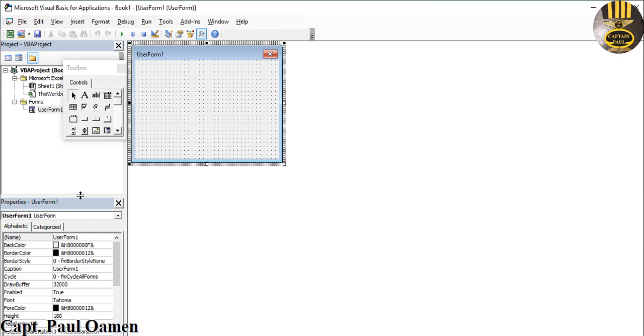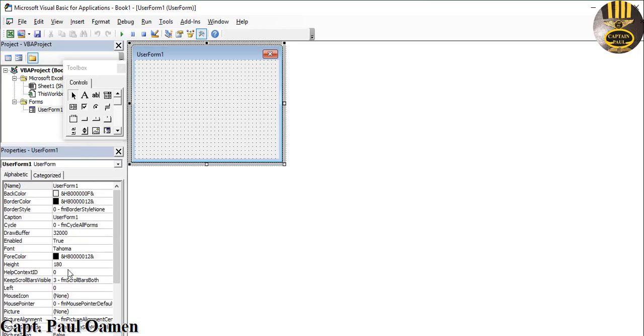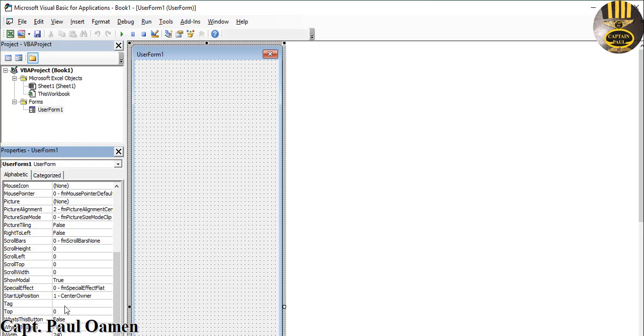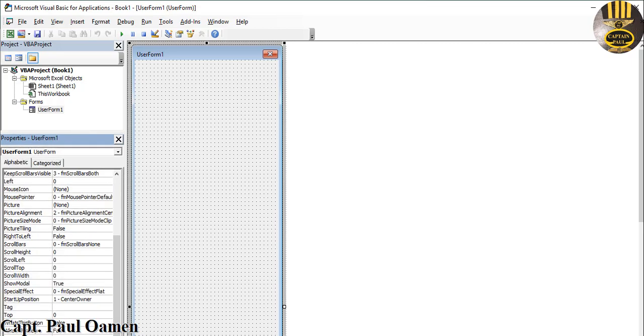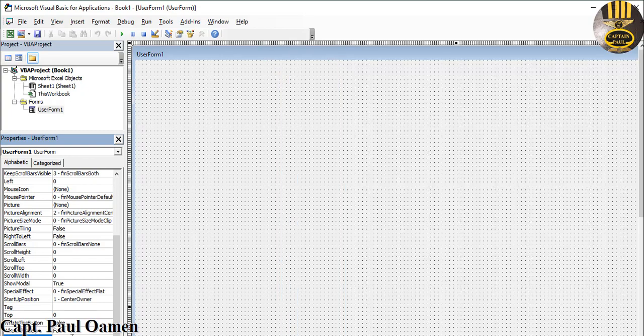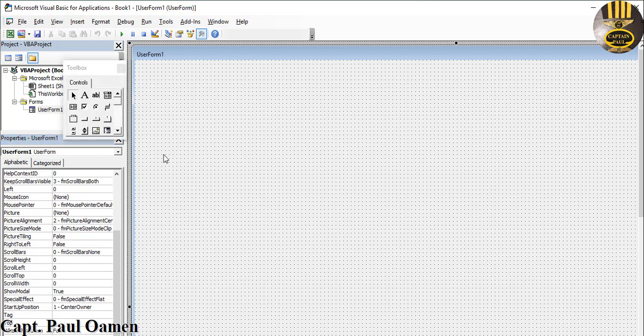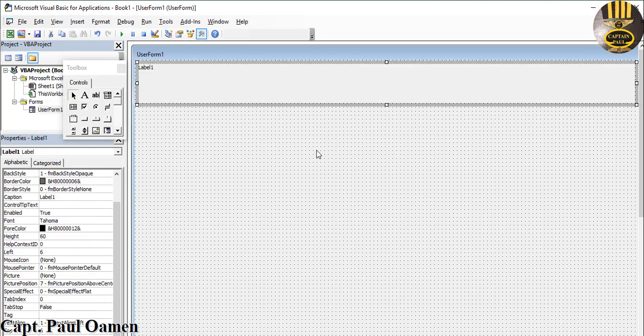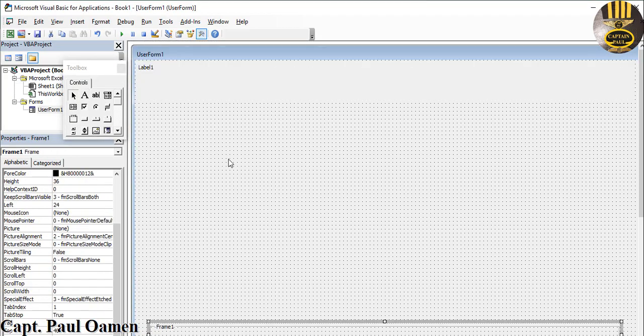Now let's define the size of this form. I'm going to make the height about, let's go for maybe 800, and the width, that is the width right there, I'm going to make that 1030. That's the width. There we go. Right, so let's add a label here. I'm going to use that for my title, and I'm going to add frames here, and in here I'm going to add